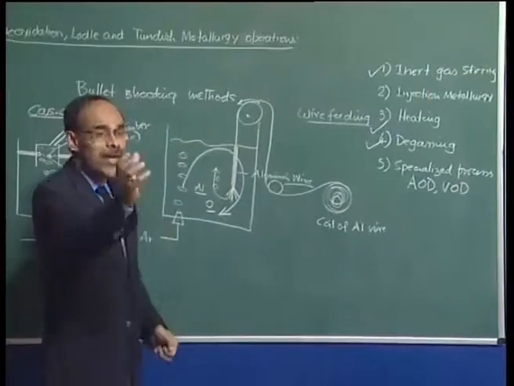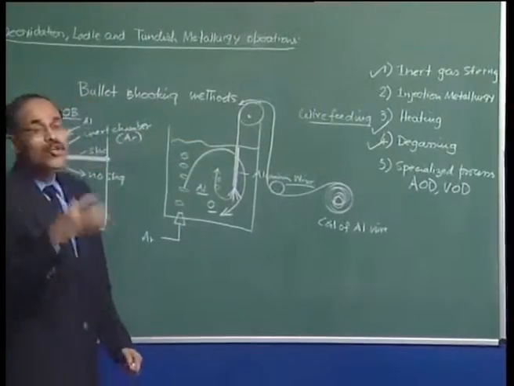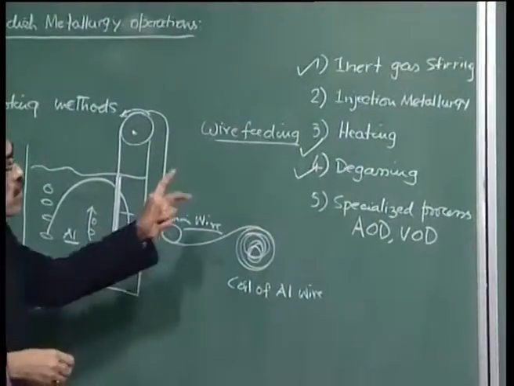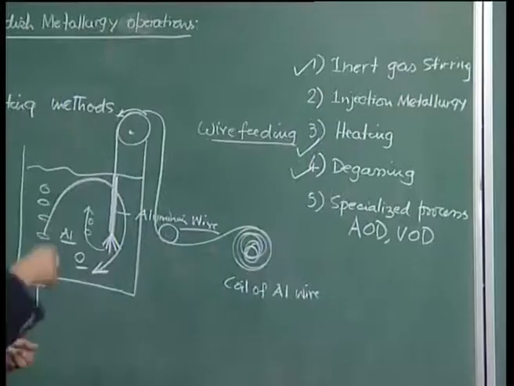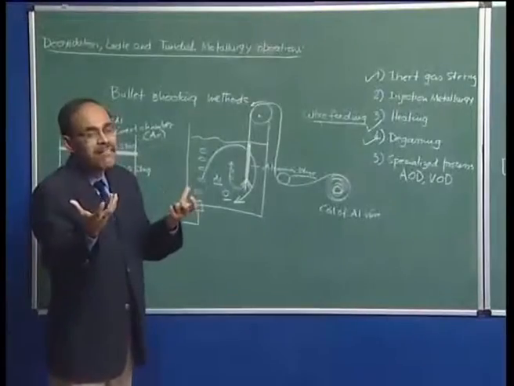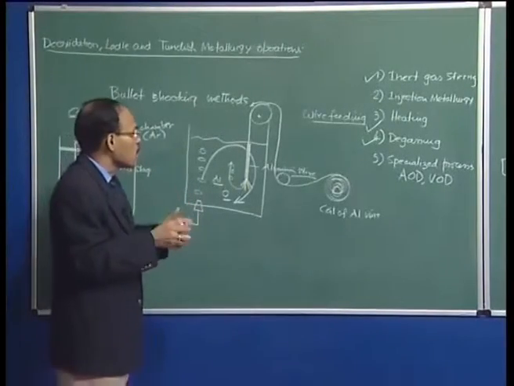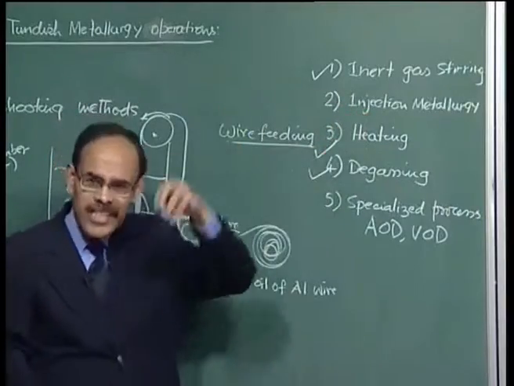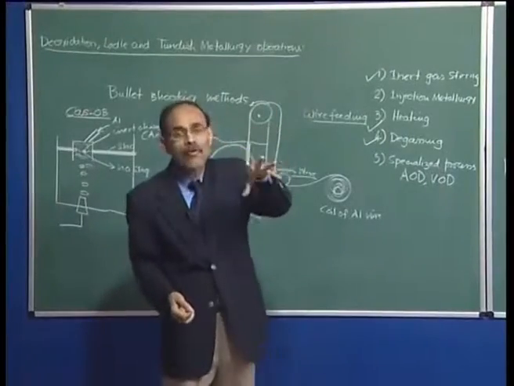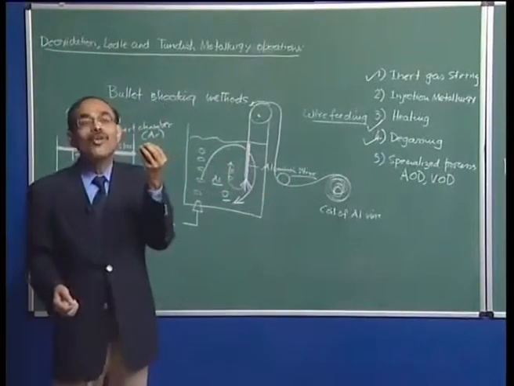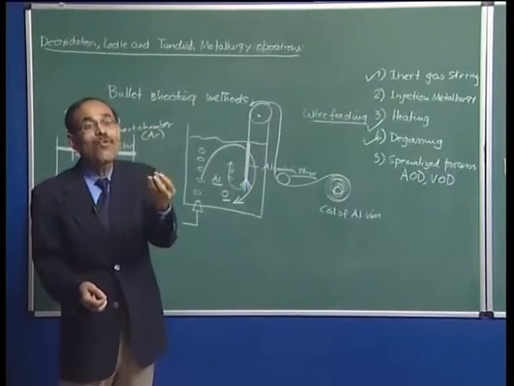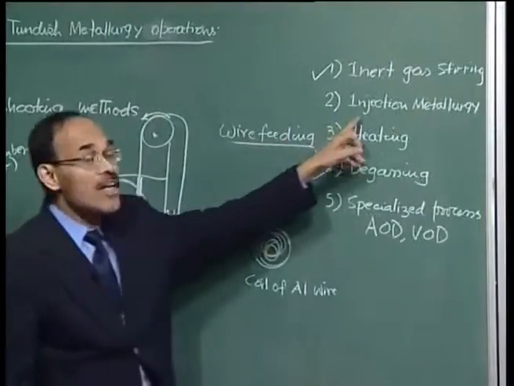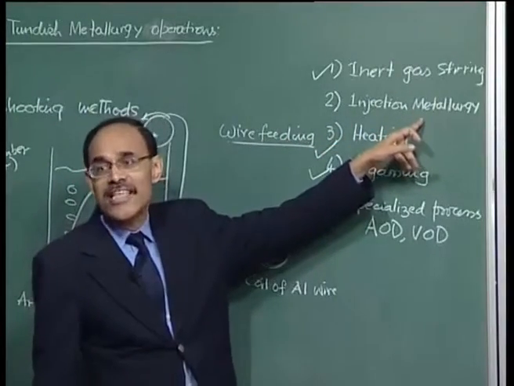For example, we may use some reagents to control the morphology of inclusion. We may use some powdered material also into the molten metal to, say, increase the rate of desulfurization. So, there are many objectives, and injection metallurgy is very popular, which essentially tells of injection of solids in the powder form into molten metal. Powder form we use because then the surface area is more, which essentially implies that the rate of reaction is going to be more.